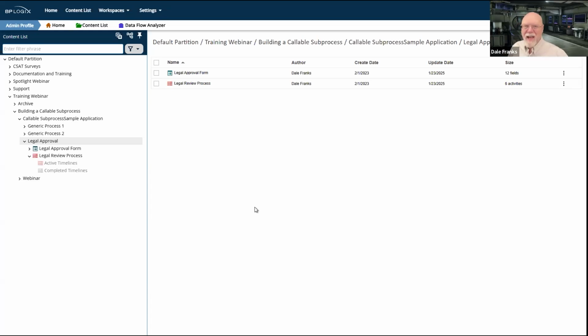Then in the second half, I'm going to start building this out, and we're going to try a couple of different things to see what happens when we build a callable sub-process in different ways, because there are different ways you can do it. The way I've done it in my completed project is only one way. We'll explore some other methods for calling this that, in my mind, should technically be a little easier. We're going to do a little experimentation in the second half.